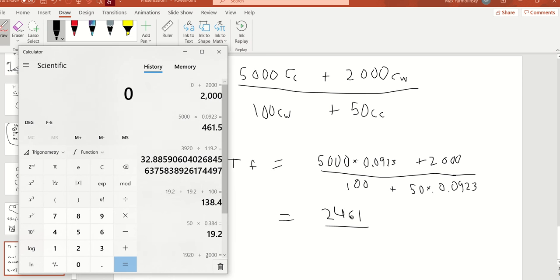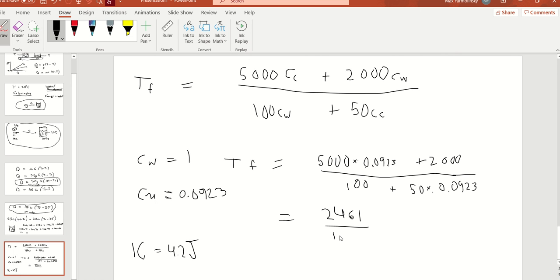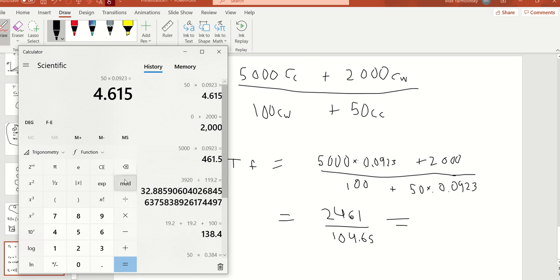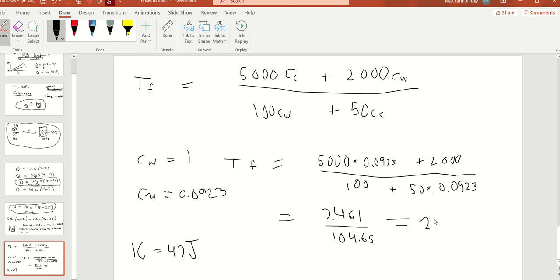And then on the bottom, it's going to be 100 plus 50 times 0.0923 plus 100, that's 104.65. So when we divide, what do we get? 2461 divided by 104.65. Okay, and this becomes 23.5